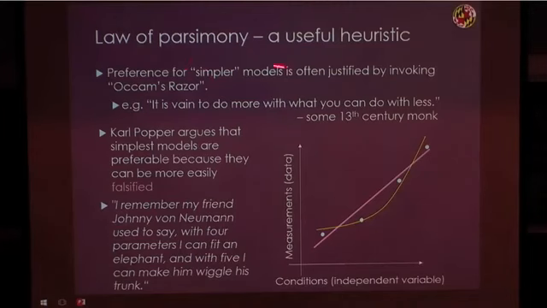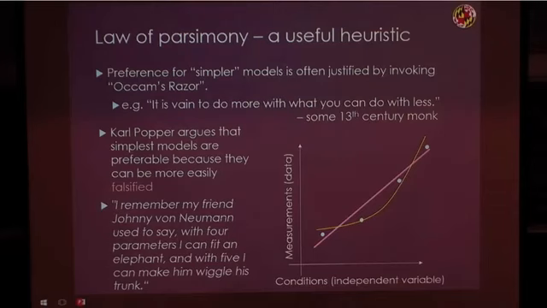So the preference for a simpler model is often justified by invoking what's called Occam's razor. And in one paraphrase of some monk's statement, it is vain to do with more what you can do with less. The more and the with are here flipped. Sorry, guys. So it is vain to do with more what you can do with less. So I guess if you're decorating your house, you should have fewer decorations than if you're decorating with more. But